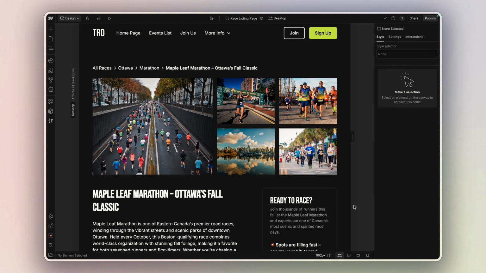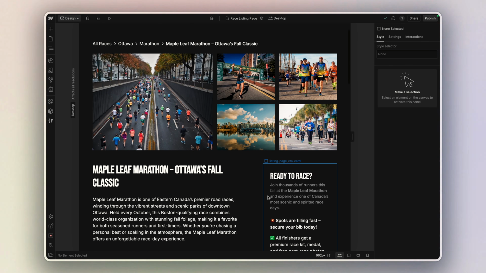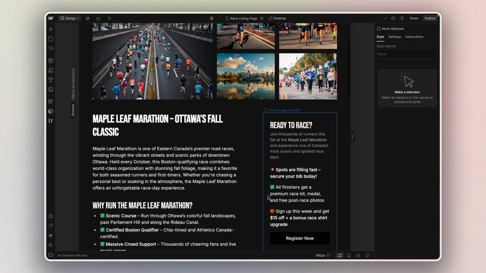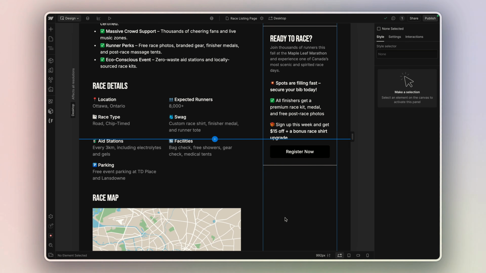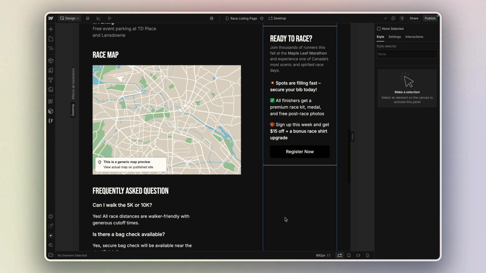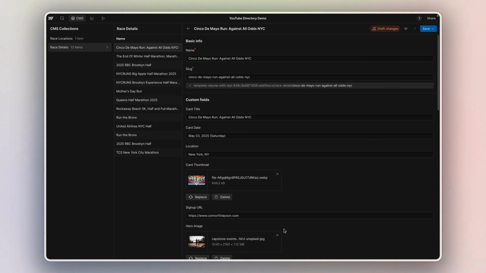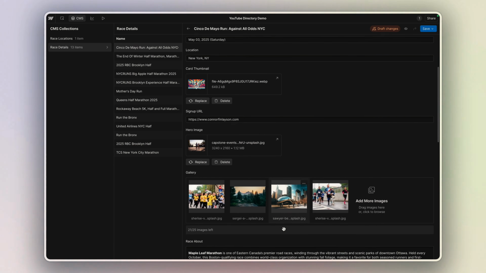So in today's video, I'm going to be walking you through the step-by-step process for creating high quality listing pages for your directory. I'm going to start off by showing you how to build these pages inside of Webflow. Then I'm going to show you how to set up the Webflow CMS so that you can create tons and